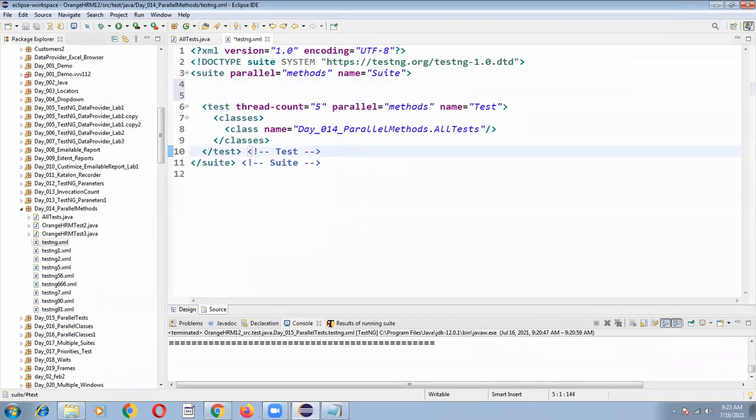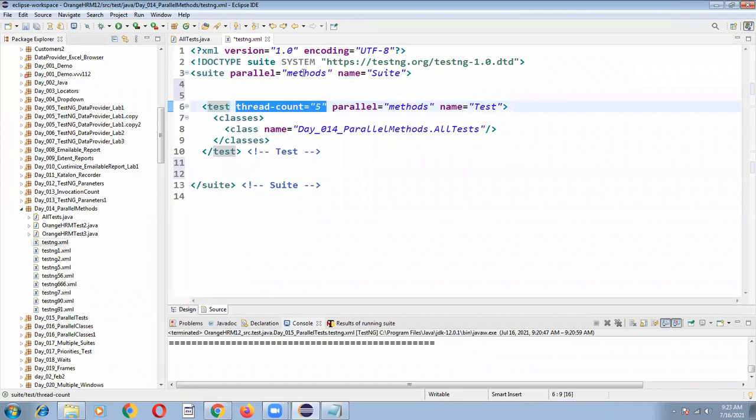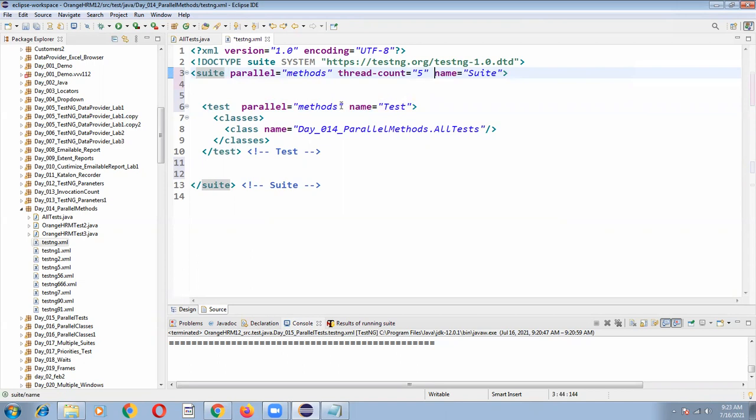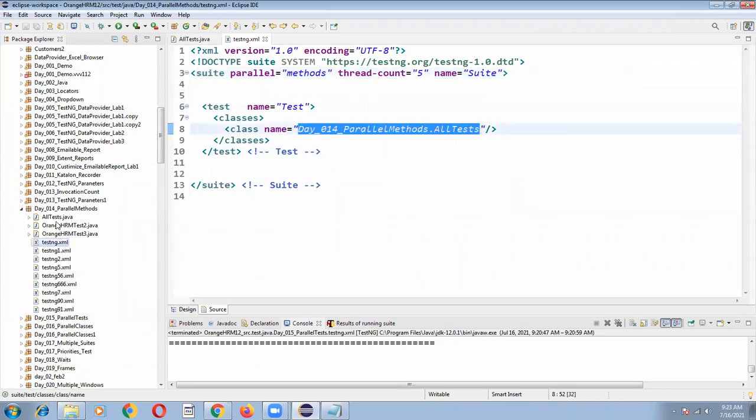Here you can write the thread count is equal to 5. I'm removing everything, just keeping the test name. So here your testng.xml should contain parallel is equal to methods, thread count is equal to 5, and this is the testng.xml for all test.java, which contains various test methods.